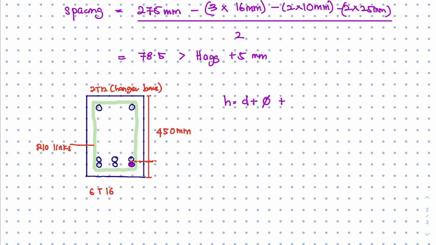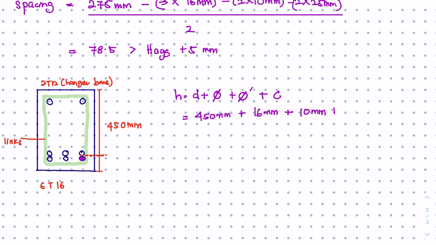Kat sini ni full bar. Okay, sebab D tu dah sampai first bar on top. Bawah dia dah ada lagi satu bar, full bar. Right, and then you have link punya diameter and plus with C. So D is 450mm plus with 16mm diameter of bar plus with diameter of link, assume, and 25 is the concrete cover, which you're going to get